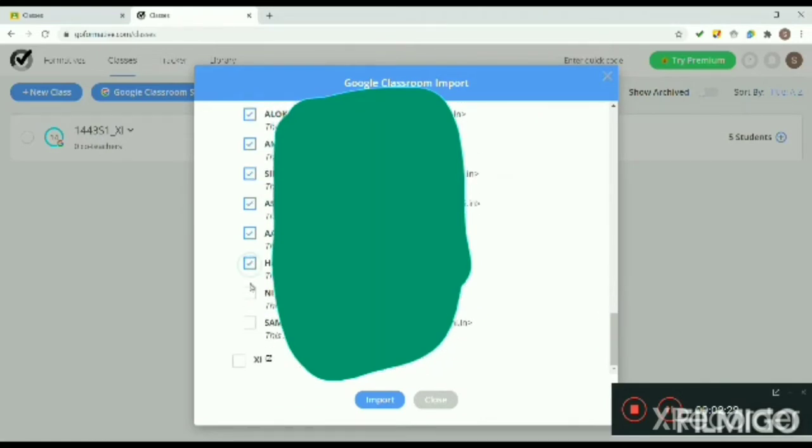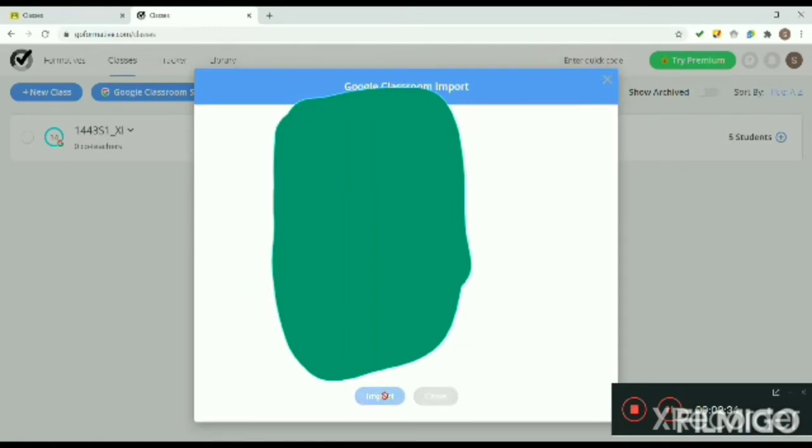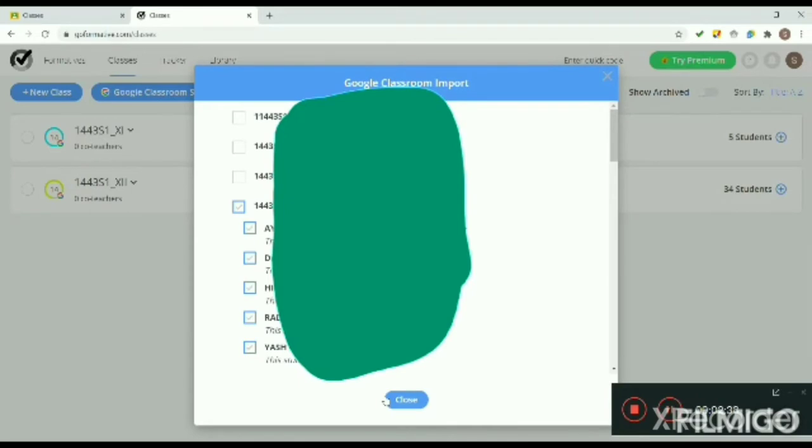So I have checked all the students. Now I will click on the import button. After little processing, all the students will be imported to my Go Formative.